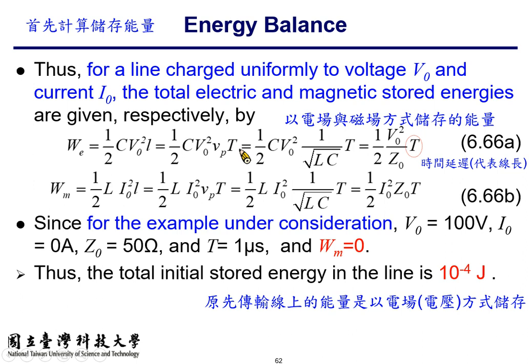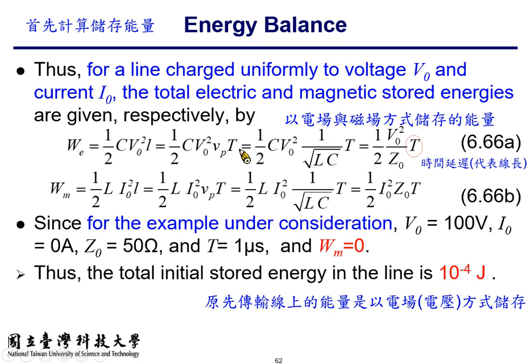So the energy stored in terms of electrical field can be represented as half times V squared over Z sub 0 times T, the propagation delay required. And for the energy stored in terms of magnetic field, it can be shown that it equals half times I squared times Z sub 0 and T. So for the example under consideration, V is 100 volt, total current is 0 everywhere, and so Wm equals 0, and We,